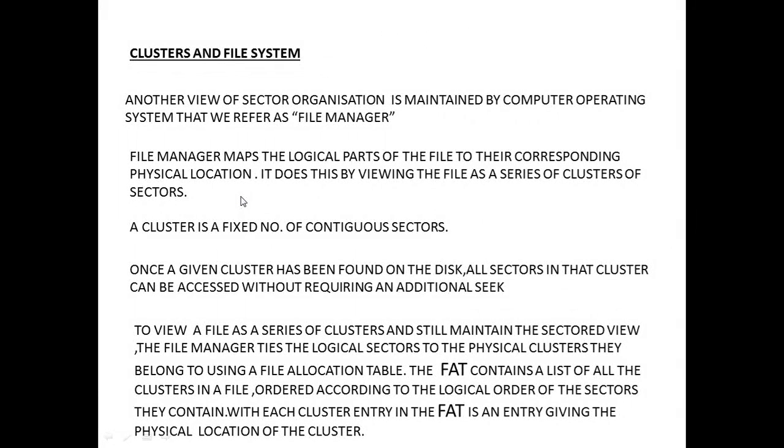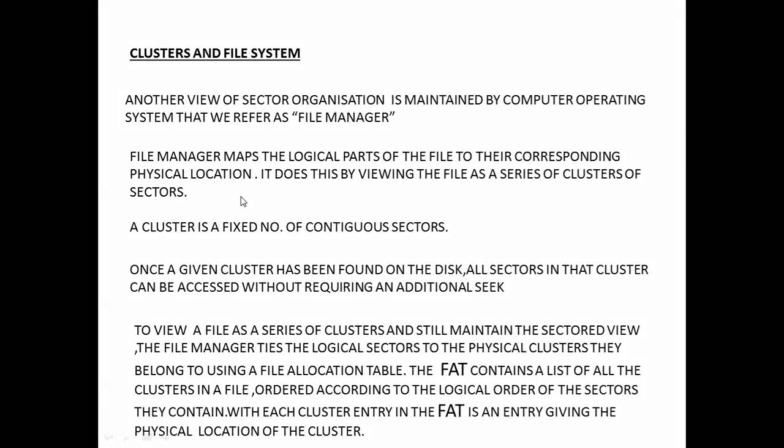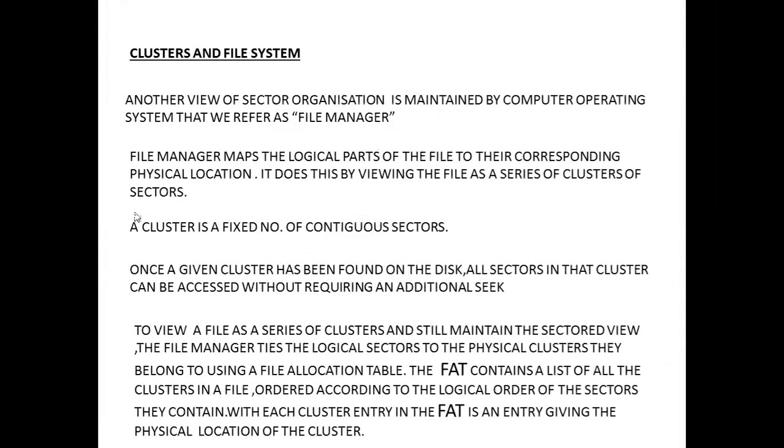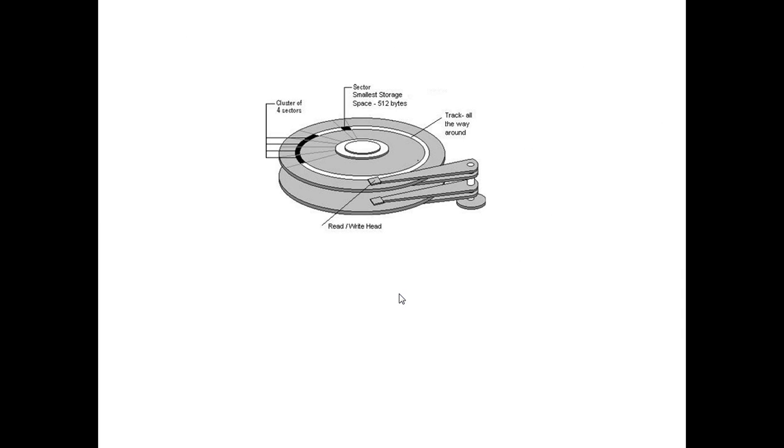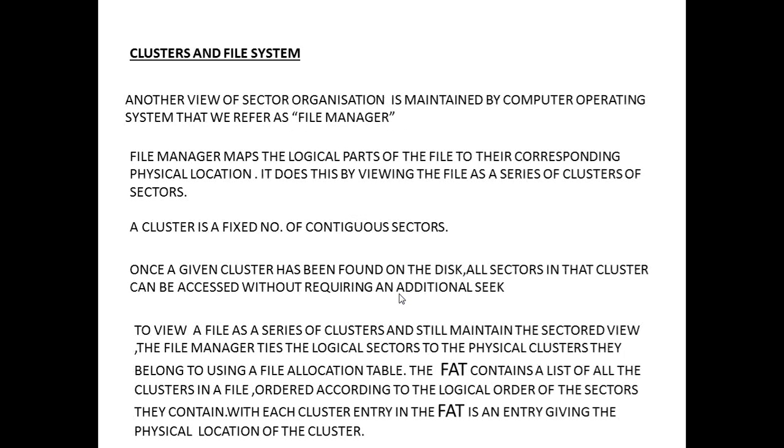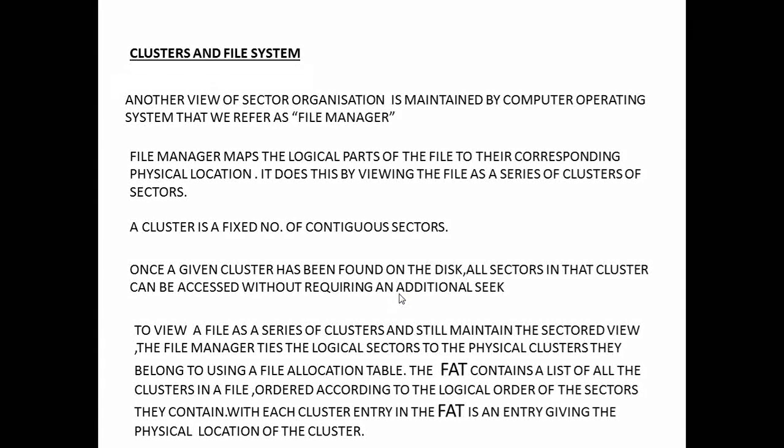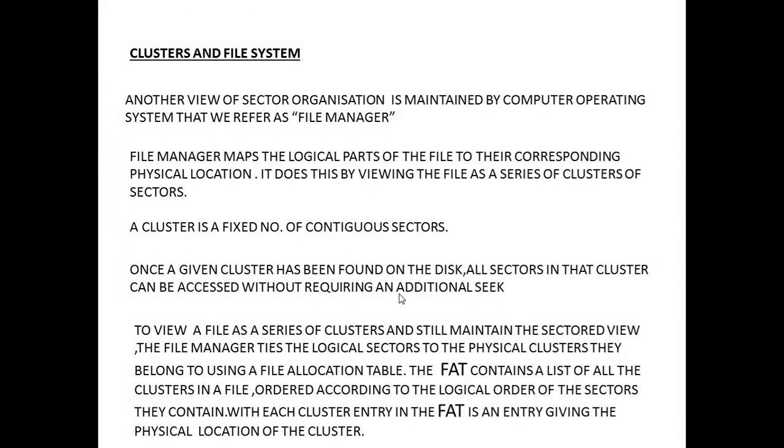So the file manager keeps all the information about the sectors, or clusters containing the sectors. A cluster is a fixed number of contiguous sectors, as we spoke about. Once a given cluster has been found on the disk, all sectors in that cluster can be accessed without requiring any additional seek. Since all the sectors in a cluster are addressed as one, we don't have to take extra botheration to find the sectors. To view a file as a series of clusters and still maintain the sectored view, the file manager ties the logical sectors to the physical clusters